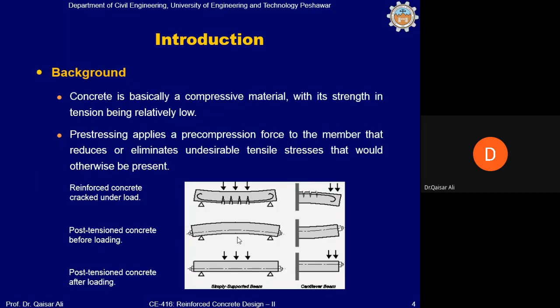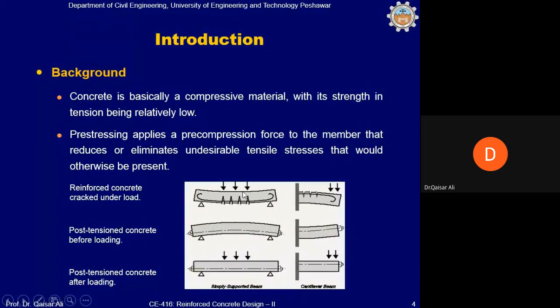will compress the beam, and the force will be transferred through bond between steel and concrete. So when the steel wire or bar tends to regain its original length, it will not be possible for the steel wire or bar because it is perfectly bonded to concrete and it is in stretched position. So as long as it remains in stretched position, it will keep on pushing concrete at the location where the steel bar has been placed. So if steel bars or wire has been placed on the tension side, it will apply a pre-compressive force. The lower part of the beam is in compression before the application of the load,